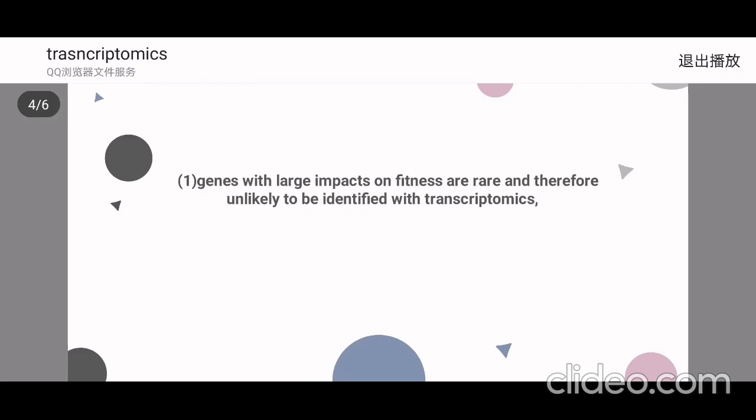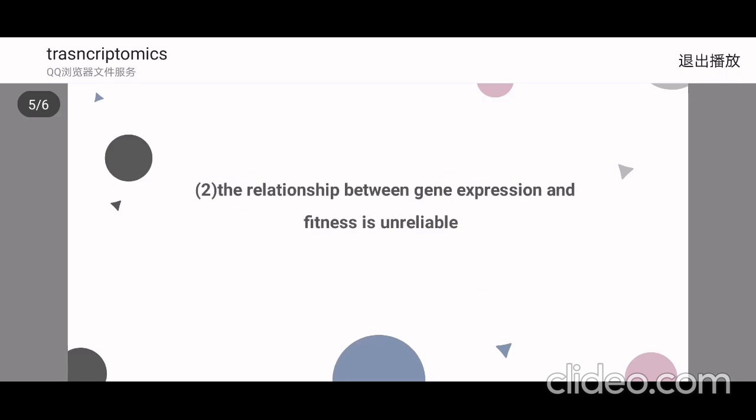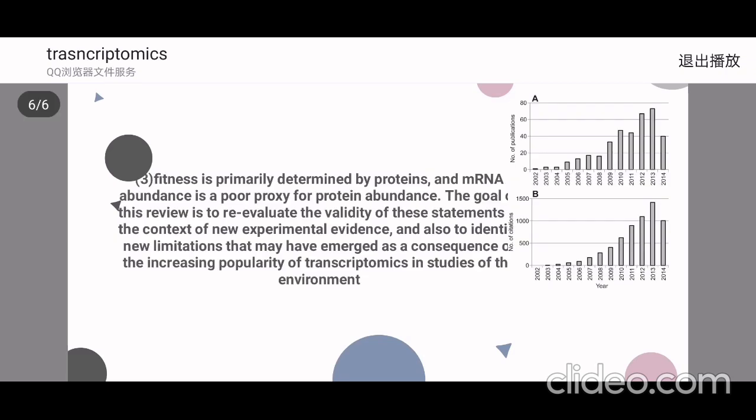The first is that genes with large impacts on fitness are rare and therefore unlikely to be identified with transcriptomics. The second is that the relationship between gene expression and fitness is unreliable. Finally, the third is that fitness is primarily determined by proteins, and